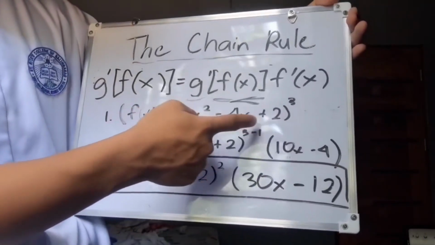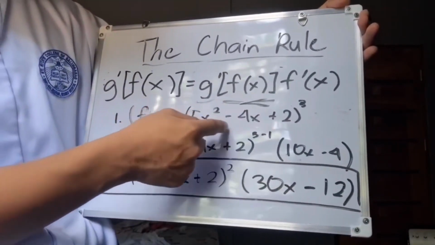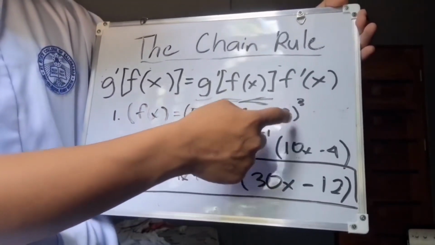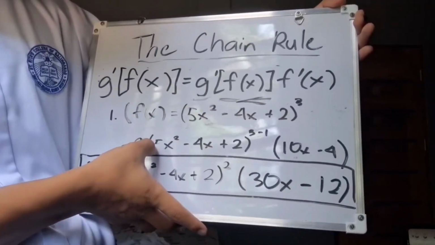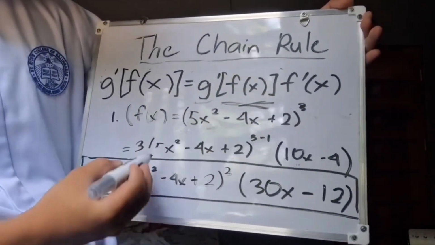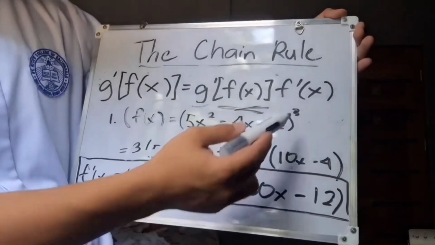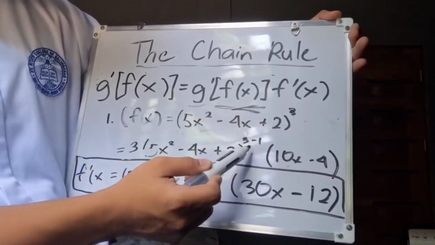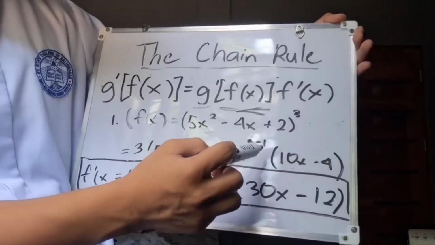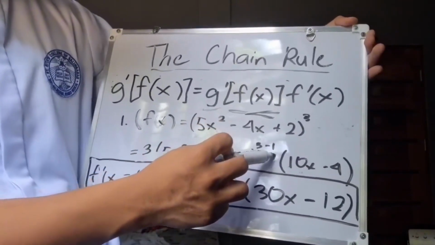And the parenthesis, which is 5x squared minus 4x plus 2, will be copied. So here, 5x squared minus 4x plus 2 in parenthesis, and since this 3 will be subtracted by 1, 3 minus 1,